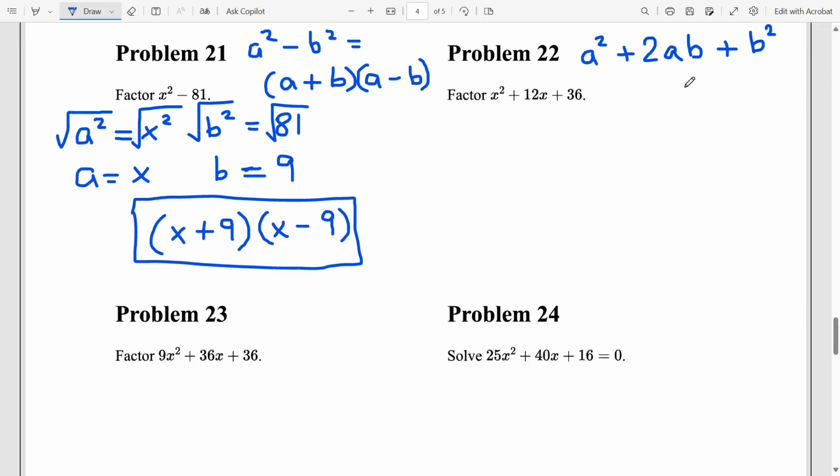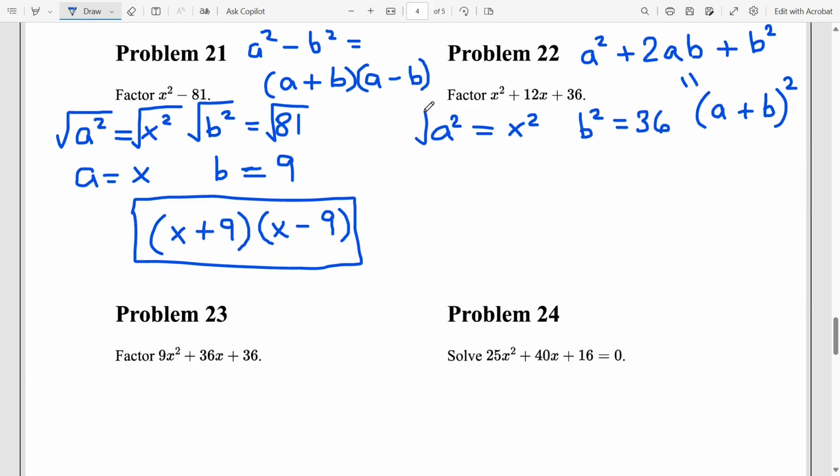And that's going to factor into a plus b squared. All right, so we'd want to check to make sure this is a perfect square trinomial. So if we say a squared equals x squared and b squared equals 36,